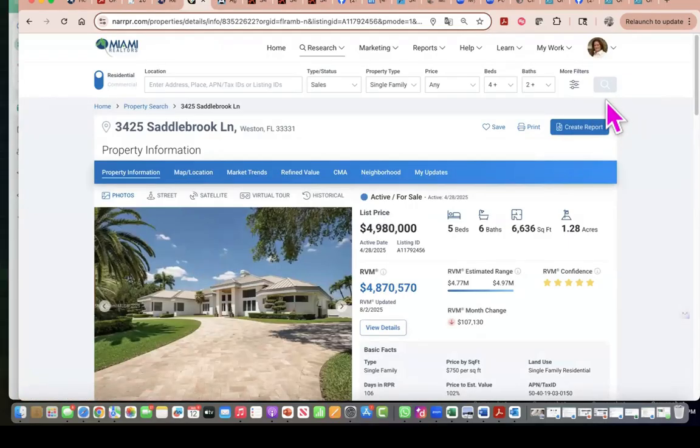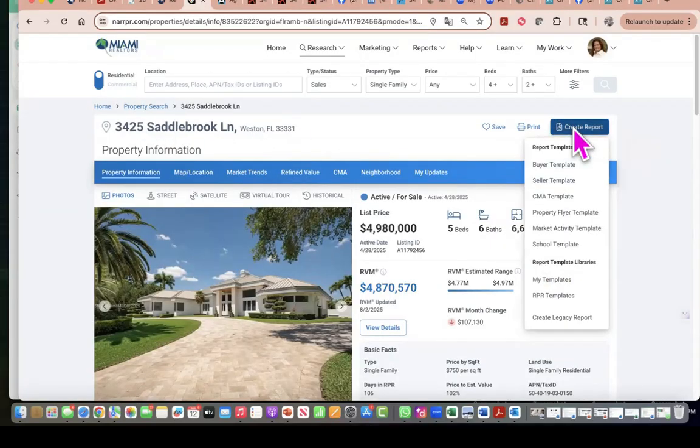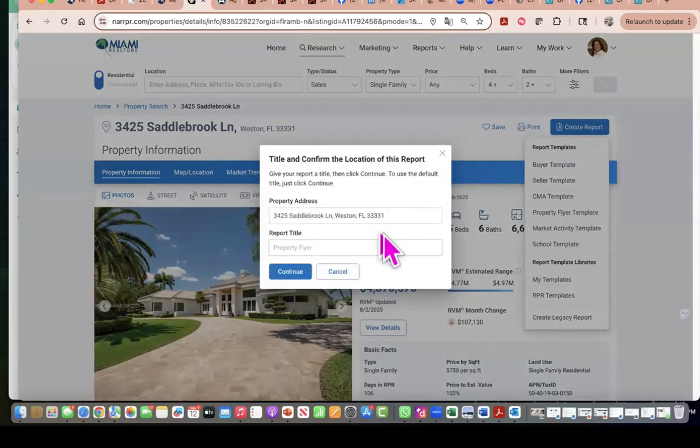So what you could do here, we're going to talk about Infinity with a double Y in a minute, and that'll be my last one before we go. You can come into here, right? Click to create a report. Okay. And we can actually do a property flyer here. You can do the property flyer here. You can call it,